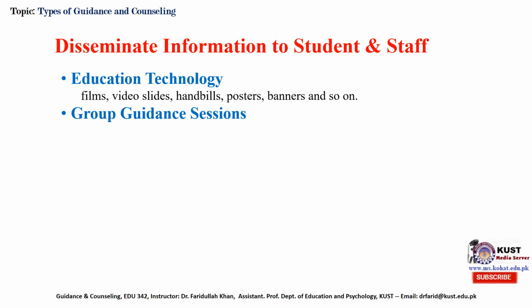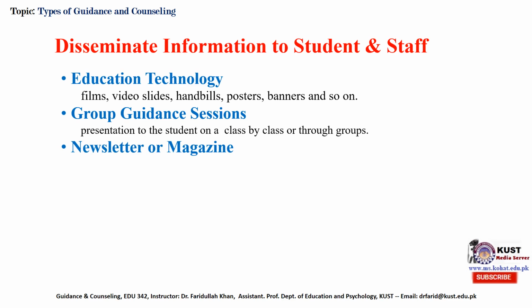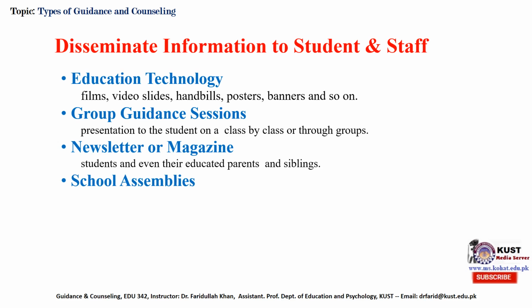Similarly, group guidance is provided by making presentations to the class or different student groups. School newsletters and magazines are another source of disseminating information to the students and their families. School morning assemblies are another source of sharing general information